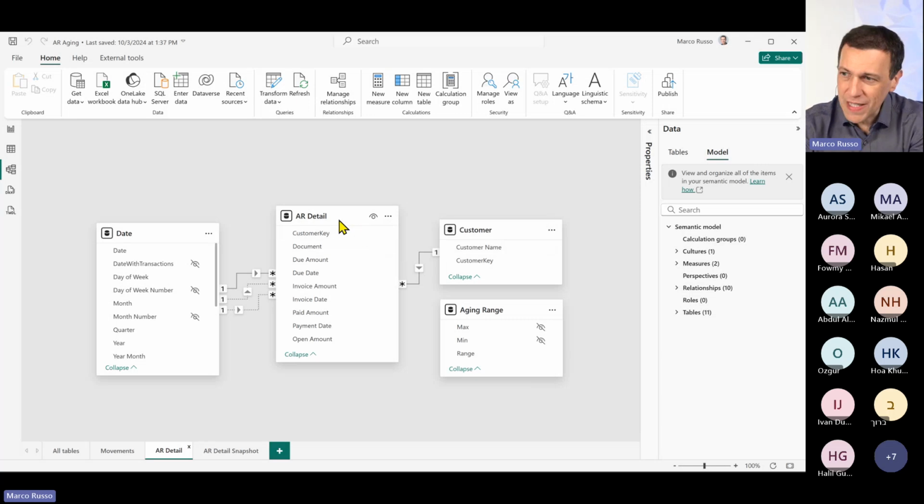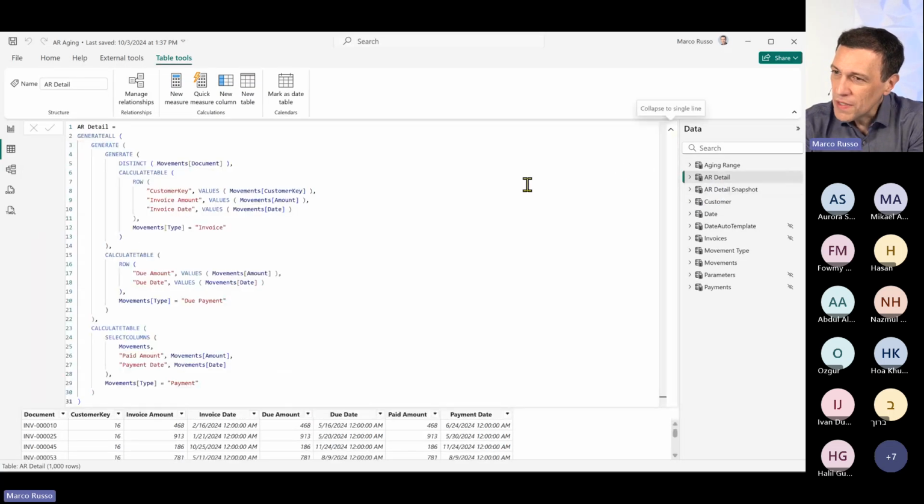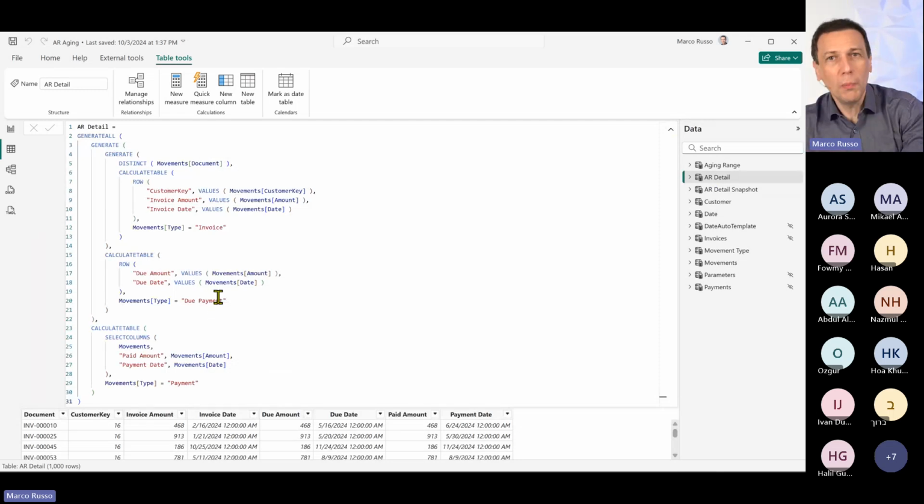In this case, once again, I use DAX to create this table. You see, this DAX code is a little bit more complex than what we have seen before. I don't want to enter into the detail, but you can study it if you want. But I could have used SQL. I could have used Power Query. I could have used any other ETL tool to generate this table. You love Spark, you want to use Python, up to you. Once you have this table, though, what happens?